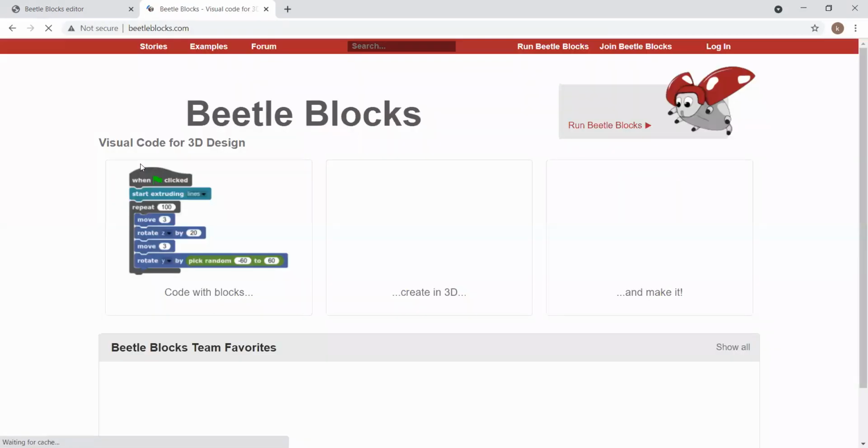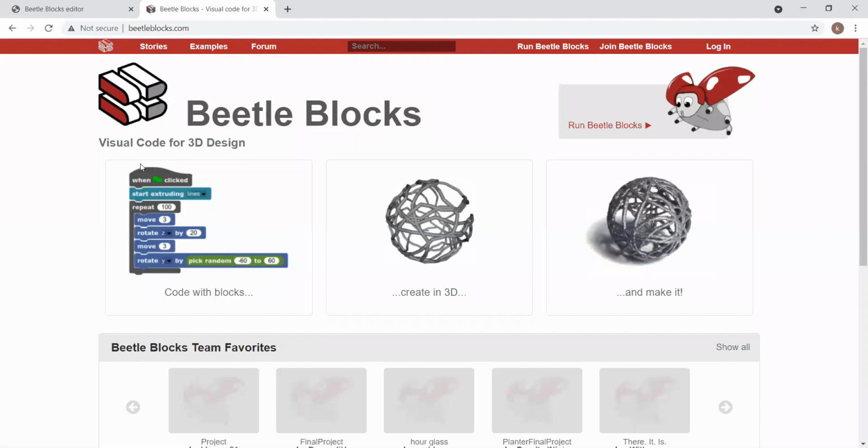It will open the home page of Beetle Blocks. Click on the run Beetle Blocks option, which will open the home page of the Beetle Blocks editor. This is the home page of the Beetle Blocks editor.